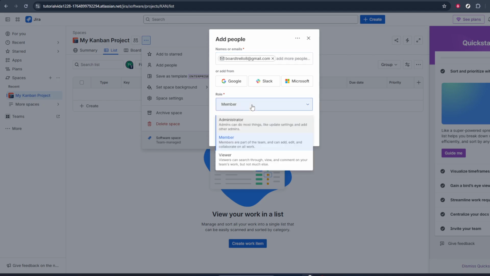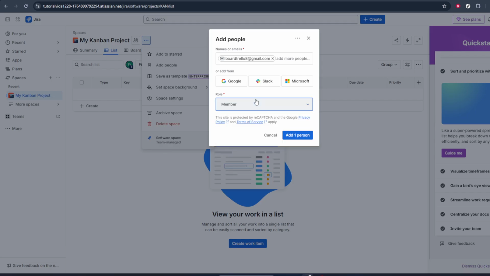In the Add People panel, you'll see a field where you can type an email address. Carefully type in the work email of the person you want to invite to the project. Jira will use this address to either match an existing user in your organization or send an invitation if they're new. Take a moment to confirm the spelling, since a typo can send the invite to the wrong person or